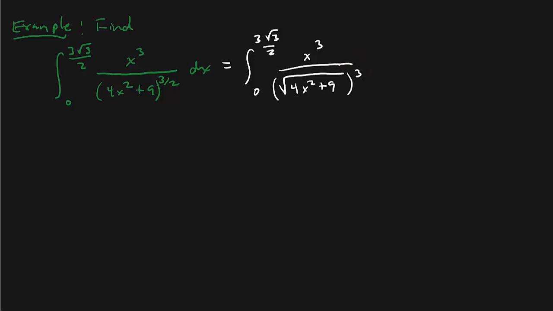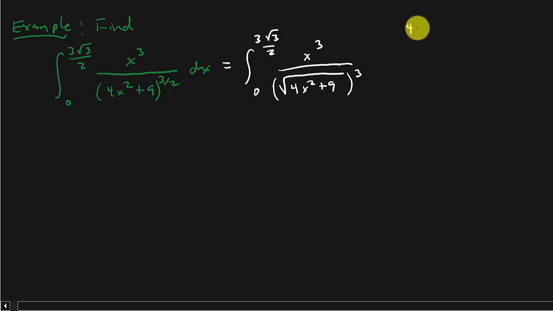All right, so, I don't know. This right here, this 4x squared, normally it's just x squared there. It's x squared there, and we would let x equal whatever. And this, if we had x squared plus 9, that would be x equals 3 tangent theta. But we got a 4x squared. Well, couldn't we look at 4x squared as 2x, all of that squared? So maybe we could say 2x is equal to what? 3